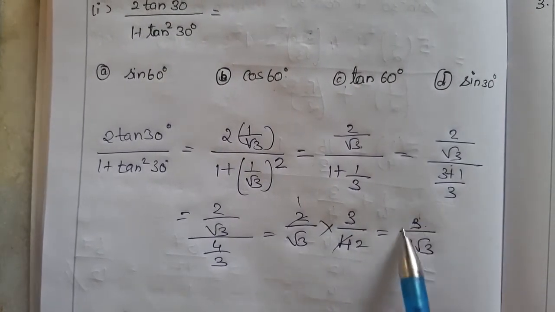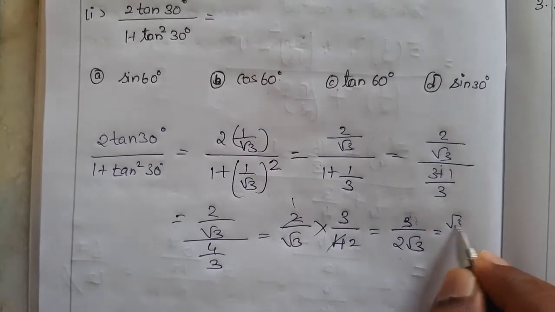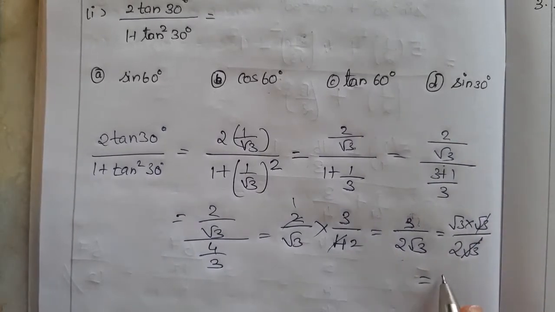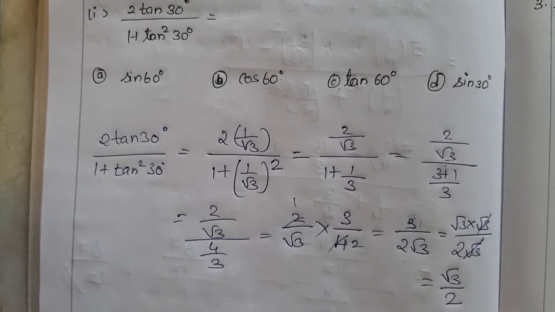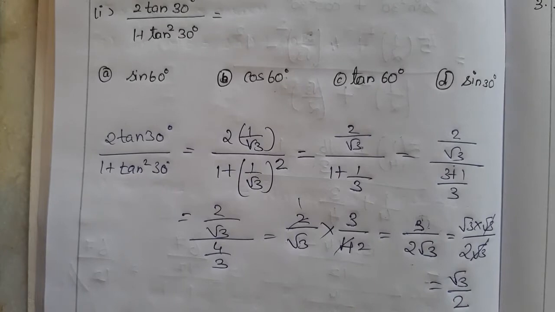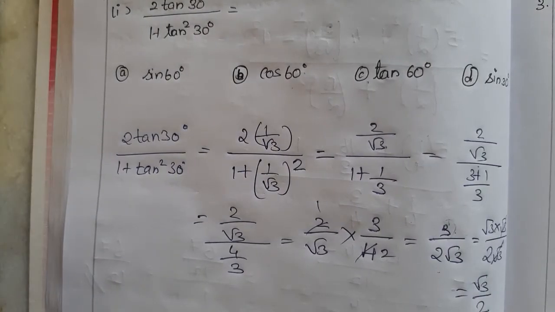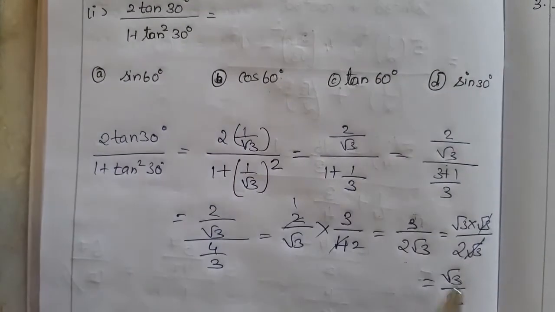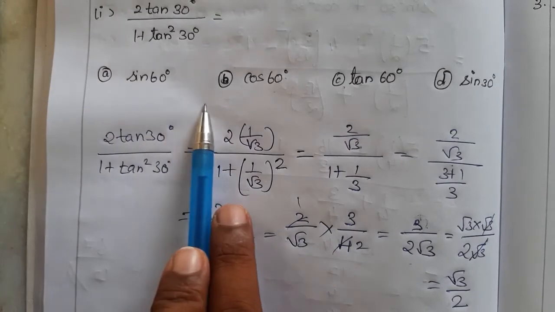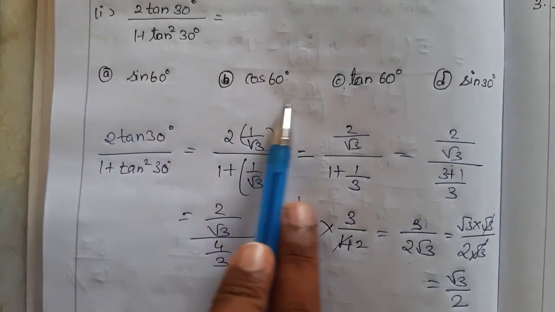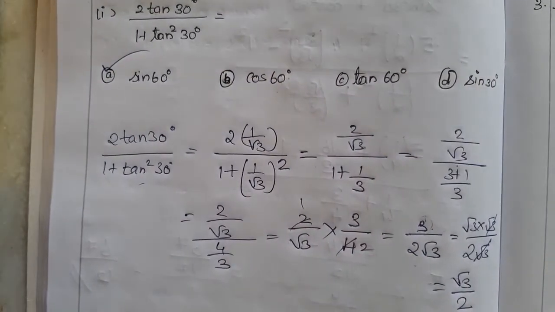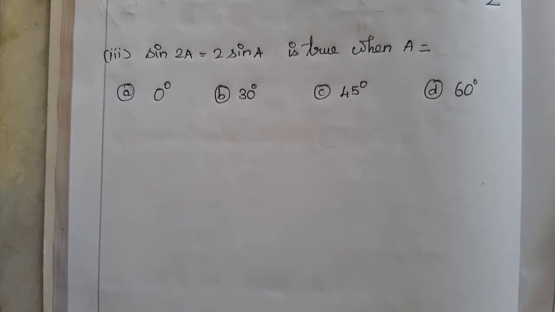No, but we can rewrite this 3 as root 3 into root 3, right? Root 3 into root 3 is 3, divided by square root of 3. So now we will be getting the answer, square root of 3 by 2. There are many cases where there is a square root of 3 by 2. Even in the sine we have sine 60 degree and cos 30 degree. So those are the two ratios we will be getting. Let me check which answer is there. Sine 60 is there and we can see that cos 30 degree is not there. So this will be our answer. This is our justification.